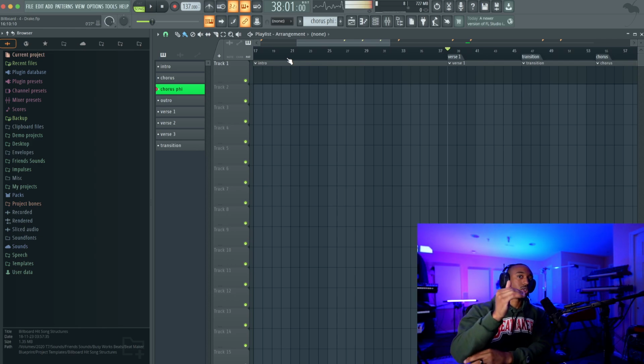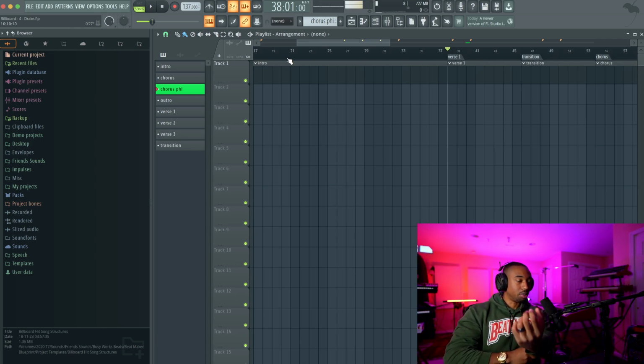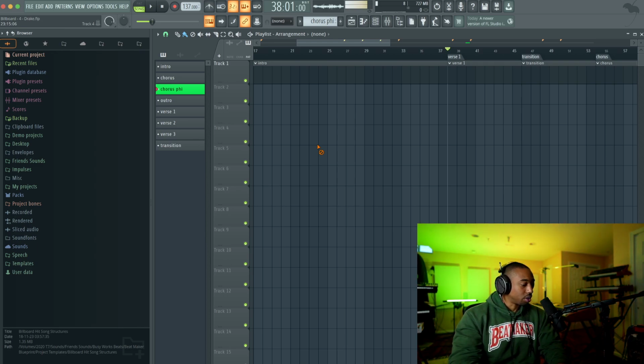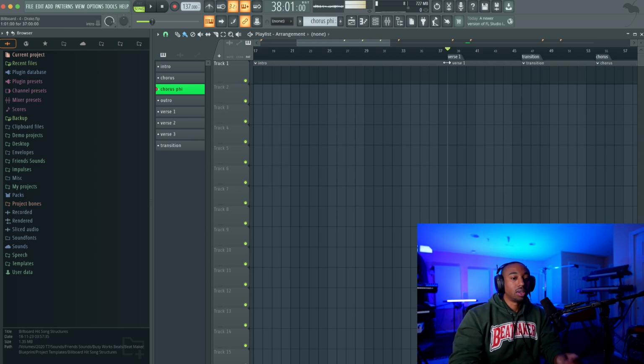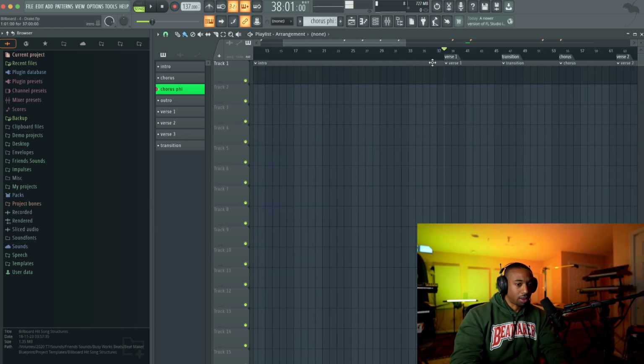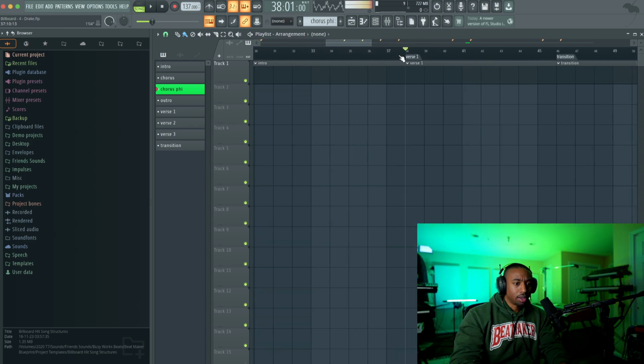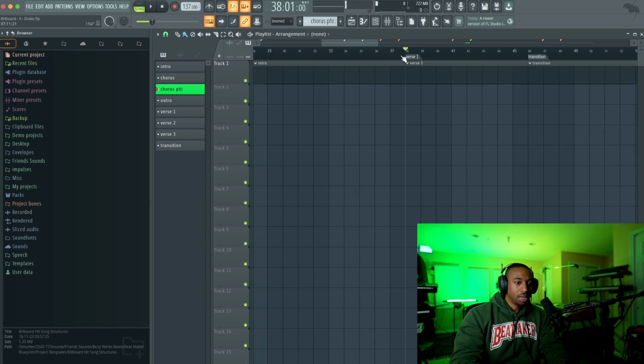Anytime you go over 120, chances are you're in double time when it comes to trap drums specifically. So in that case, we need to divide everything by 2. So even though stuff shows as 4 bars, it's really 2 bars. Okay, so it's a little quirky in that way. So here we have 37 bars, technically divided by 2. So 37 divided by 2, 18 bars almost. And that is a strange intro.